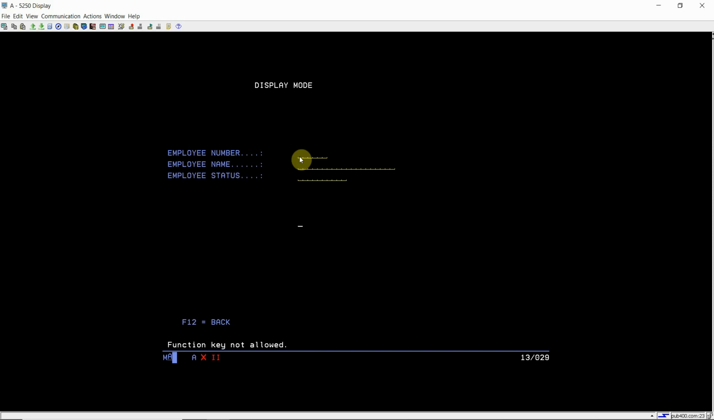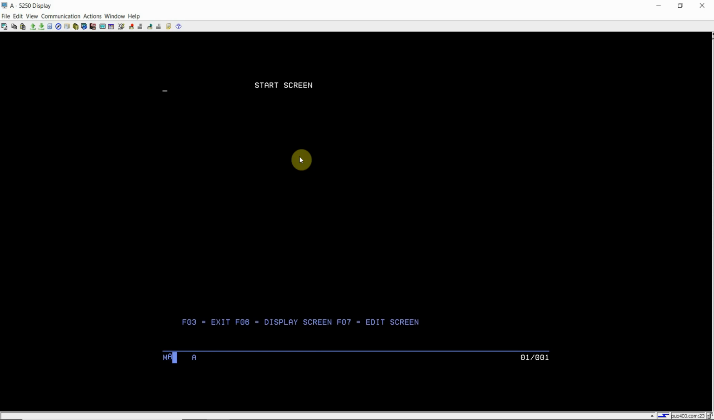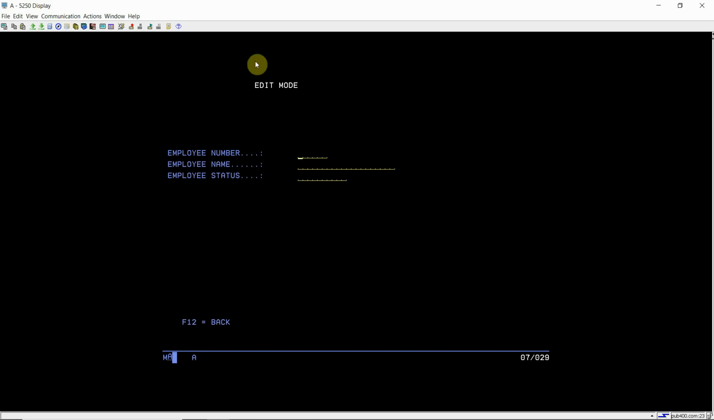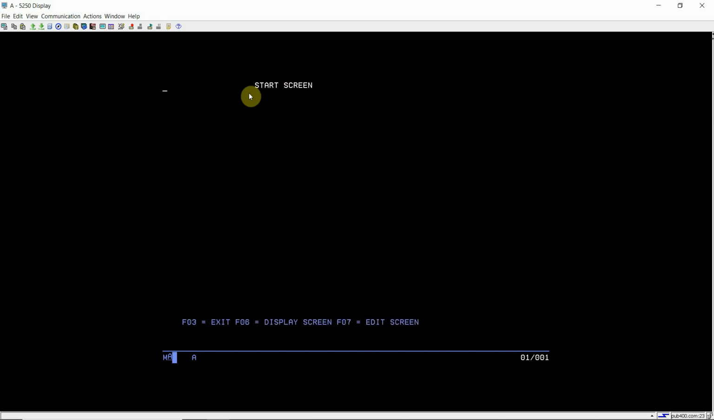Here if you press F3, it won't allow you. F6, it won't allow. F7, it won't allow. It only allows F12. So if I press F12, I'll be coming back to the first screen. Now I can press F7 also. If I press F7, you can see that I am in edit mode right now. You can also see the headings as well. If I go back using F12 and press F6,